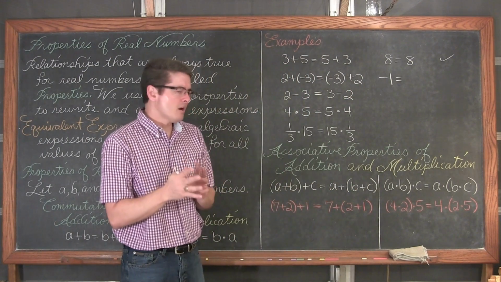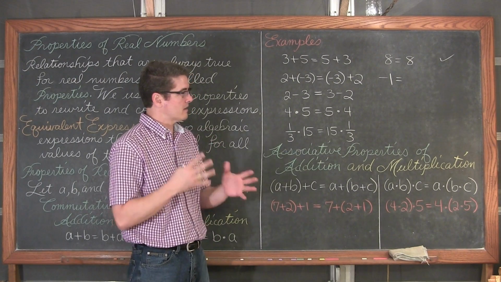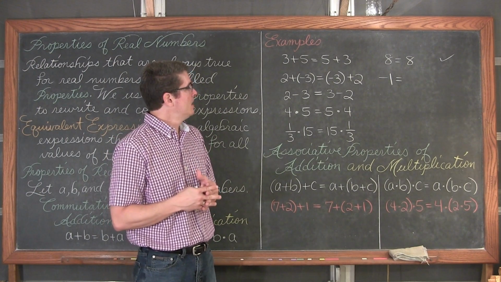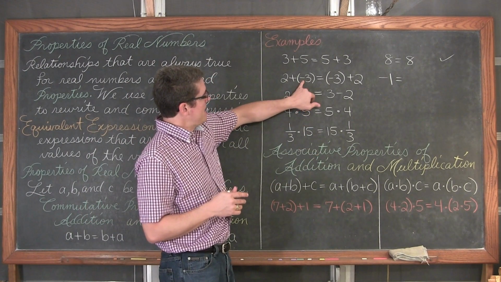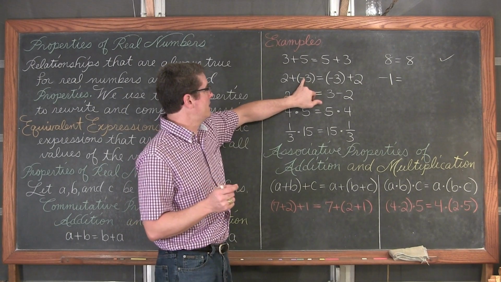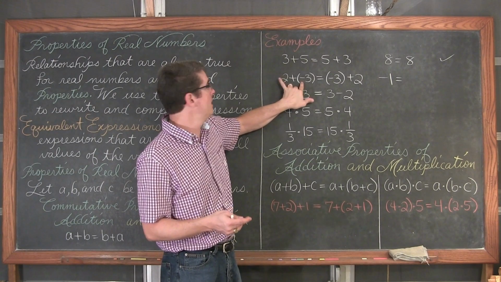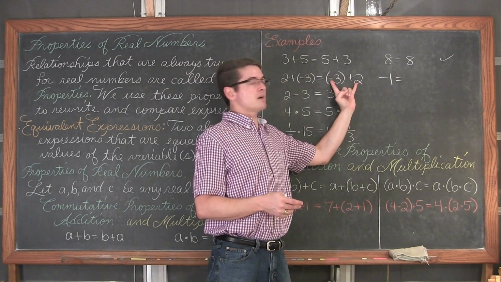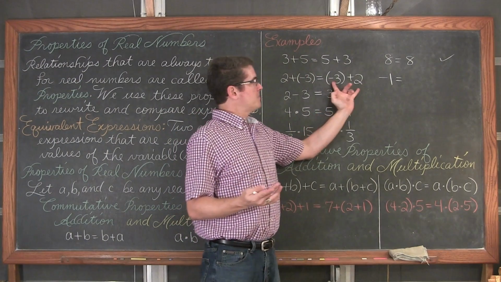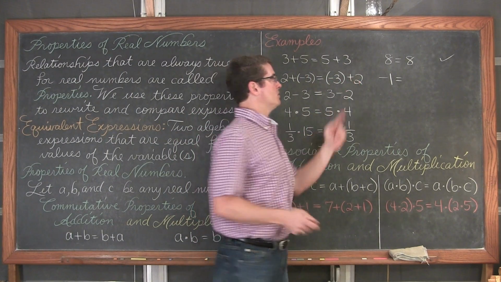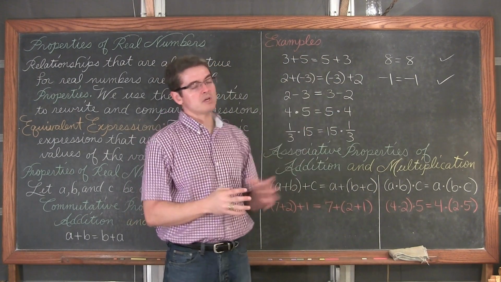Well, you've got to be careful with this example here, which I'm including purposely, even though I'm going to talk about combining positive and negative numbers in the next section, because there is no commutative property with subtraction. I'm taking the negative that's in front of the 3 and I'm moving it with the 3. So here I have positive 2 plus a negative 3, and I've moved those numbers around the addition sign and put the negative 3, I've moved the negative with the 3, and kept it out front. So now we have negative 3 plus 2. Well, that is also going to be negative 1, and we have a true statement. So there's 2 examples here of the commutative property.